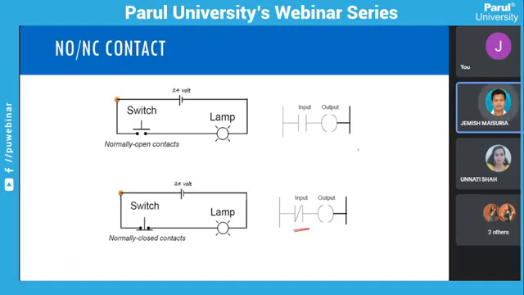So if you want to draw an open switch, it will be something like this, NO. And if you want to draw the closed switch, it will be something like this. And then finally, if you want to connect the output. So this way you can draw the ladder diagram. Now,